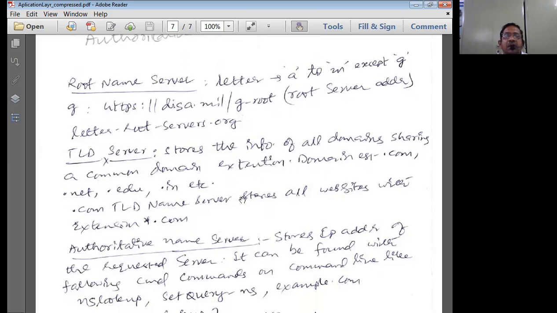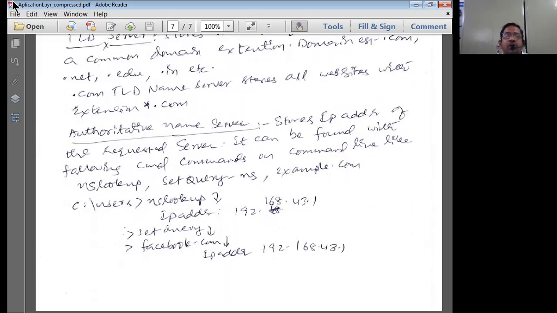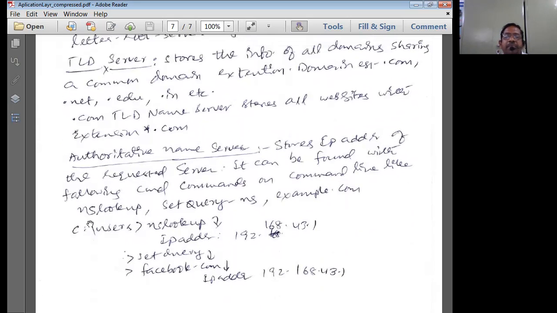All this mapping is stored in the TLD servers. So the .com TLD name server stores all the websites with the extension .com, and all the .com websites' DNS addresses or IP addresses are mapped in the TLD server.